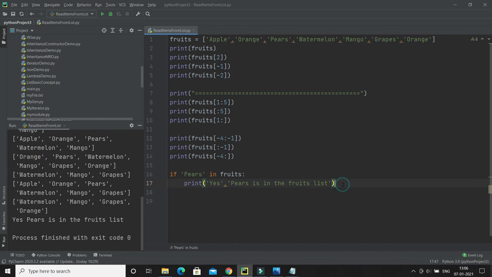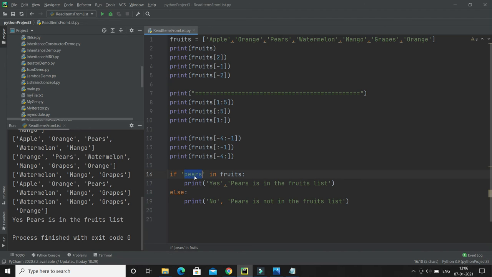But if pears is not there, then we have to give the else condition as well. Else it is going to print no, pears is not in the list. So guys, one thing you have to keep in mind here, pears, here P is capital, but if you specify it in small, this comparison happens case sensitively. That's considered case sensitivity, right?